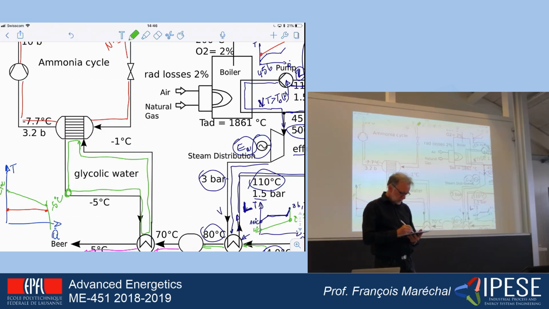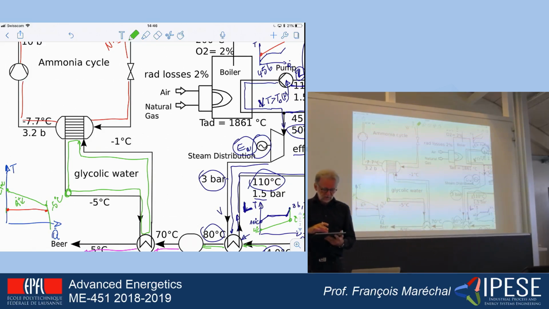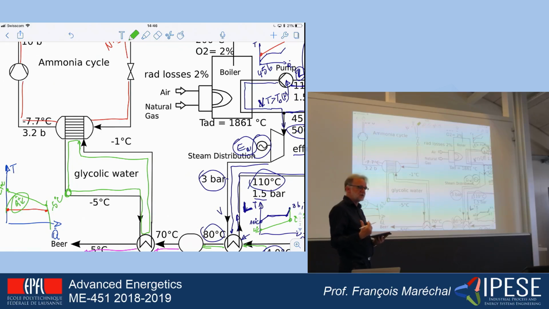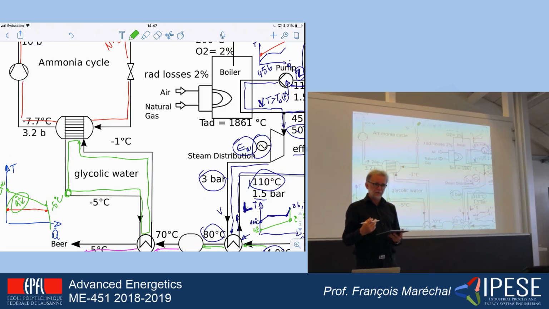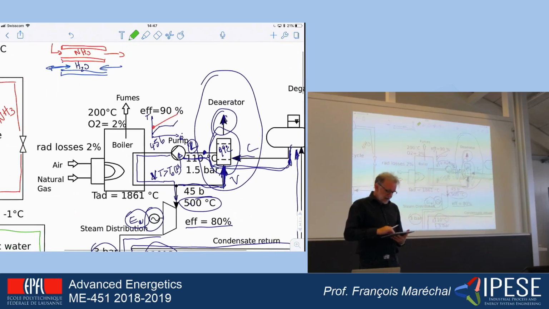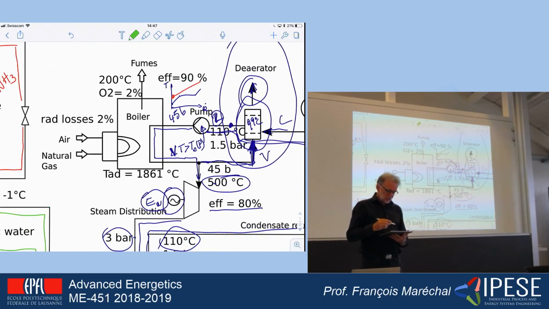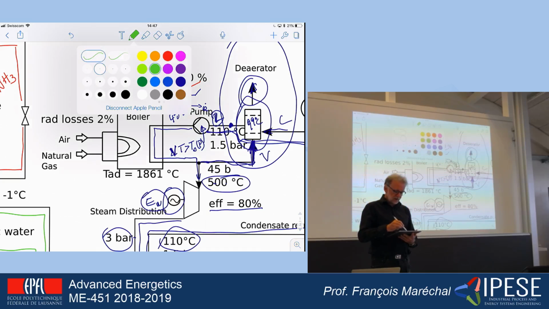Okay, and the heat load is the amount of heat that is delivered by the glycolic water and is used to evaporate the ammonia. Okay, so it's important to do this analysis because it allows us to identify the heat that is exchanged in every one of the operations. Okay. A special case that I would like to discuss now is what is happening inside the